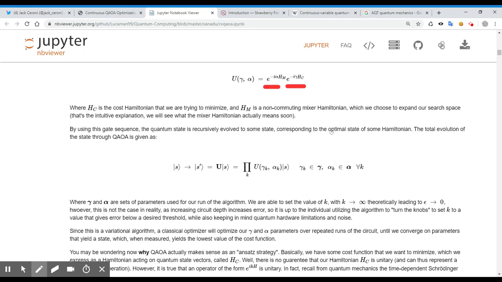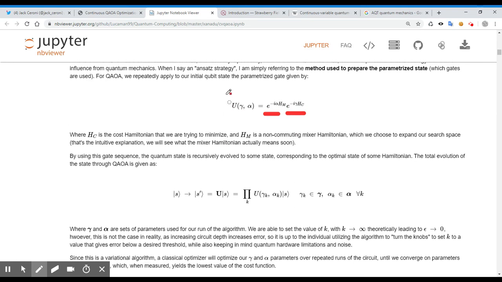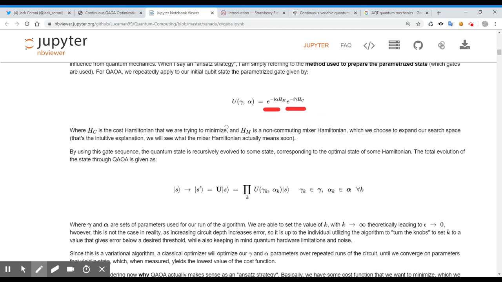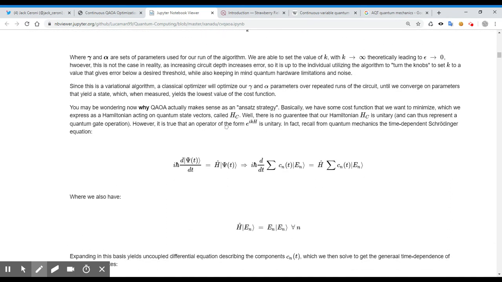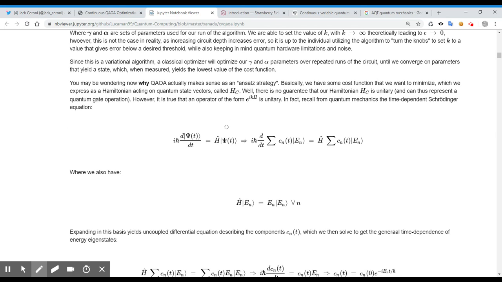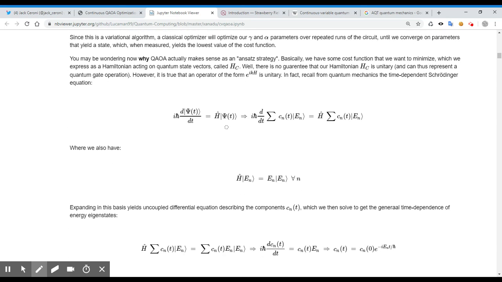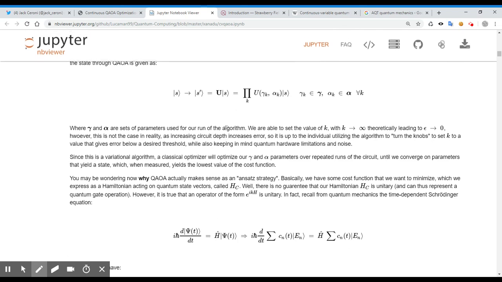But then that doesn't tell you what kind of gates to use and how to use them. So that really depends on your Hamiltonian. That's just something that, in a compact way, allows you to run the maths. What Jack then goes ahead and shows here is that this is derived from the fact that